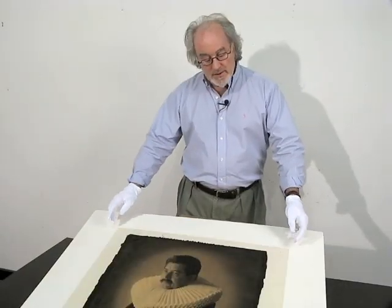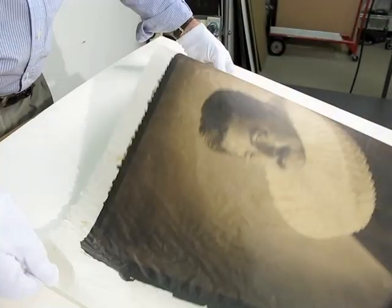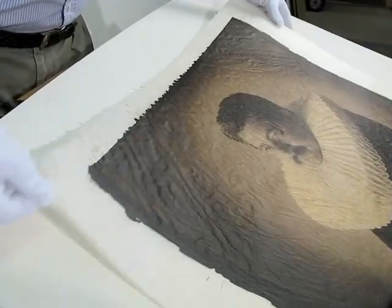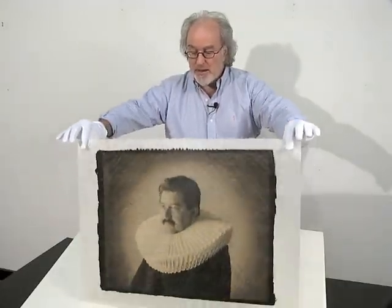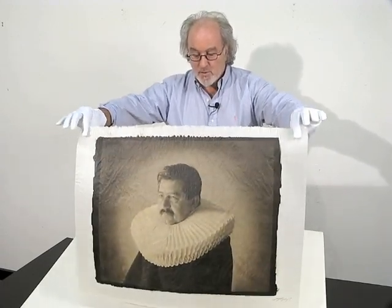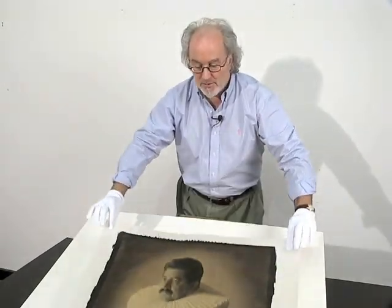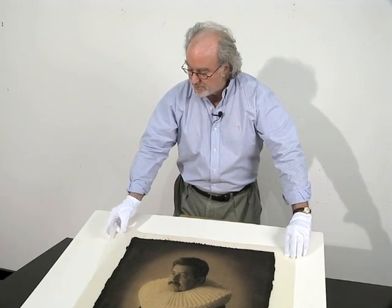But what I really wanted to do was to give you a sense, in a way that we can't do with a simple JPEG, of how delicate and beautiful this paper is. This is a Japanese Gampi paper. It's a 2,000-year-old paper making tradition that is passed down from generation to generation. And we were lucky enough to work with a paper maker from Japan who is the 4th or 5th generation paper maker to source this fabulous,